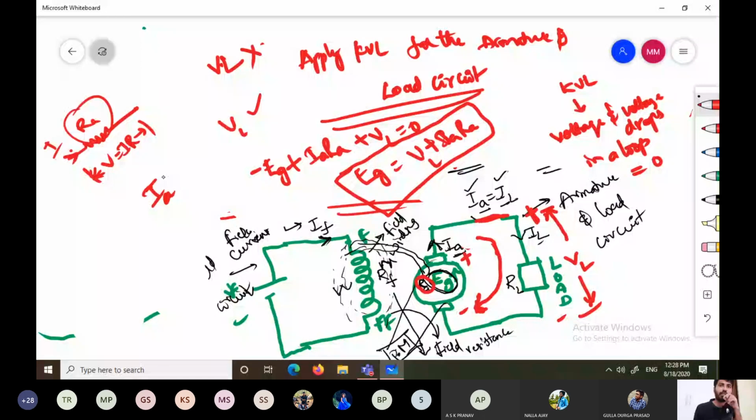EG also. G will be a suffix. Don't write it beside the E. If you write it like this, it is a wrong way of representing. It should be in a suffix manner. EG should be like this. This is the right way of representing. Up to now it is clear? Any doubts?